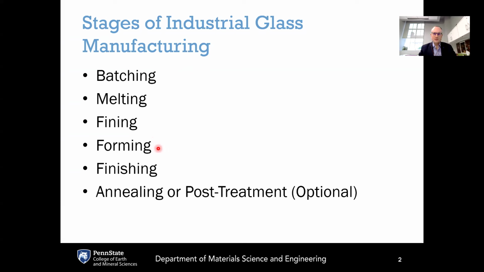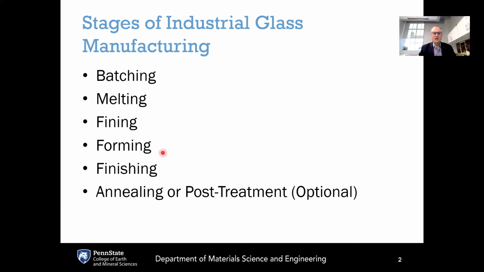Next up is the forming operations. This is where we take our nice, homogeneous, fully melted glass and then form it in the shapes that we want to obtain. So we'll be covering that today. And then after forming, there may or may not be finishing operations, annealing, other post-treatment that is done on the